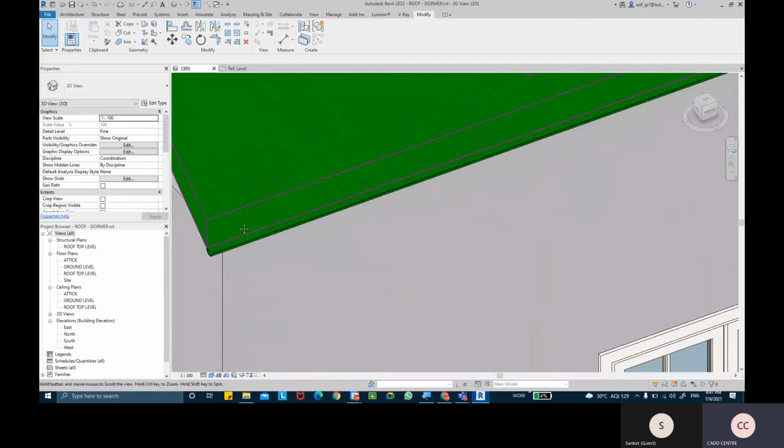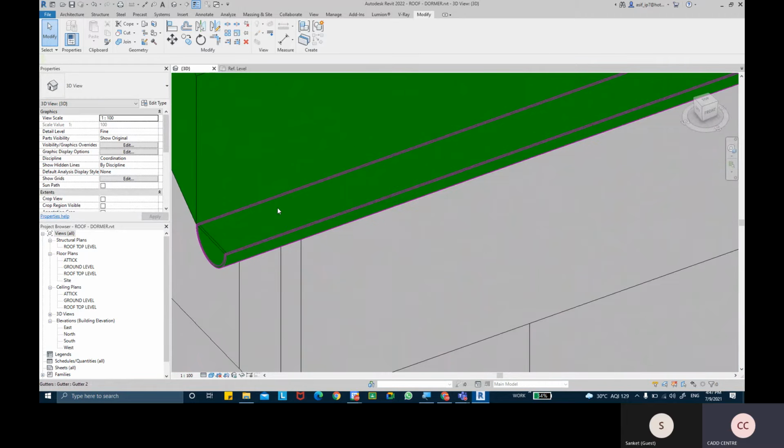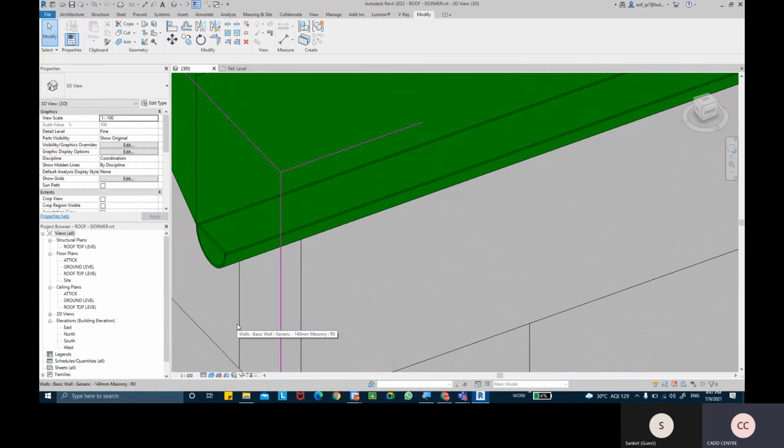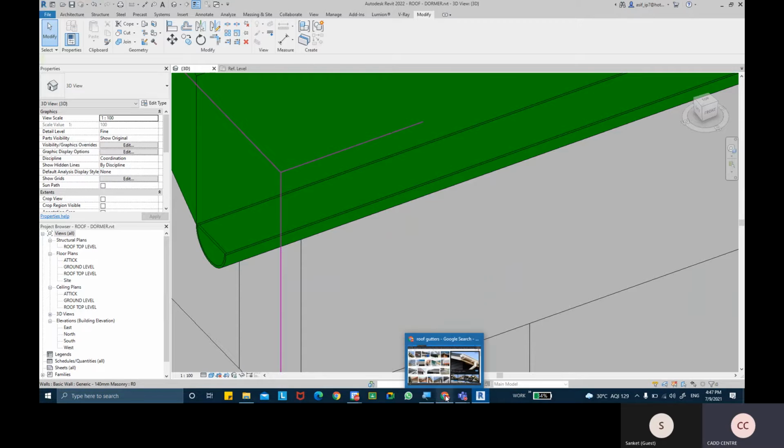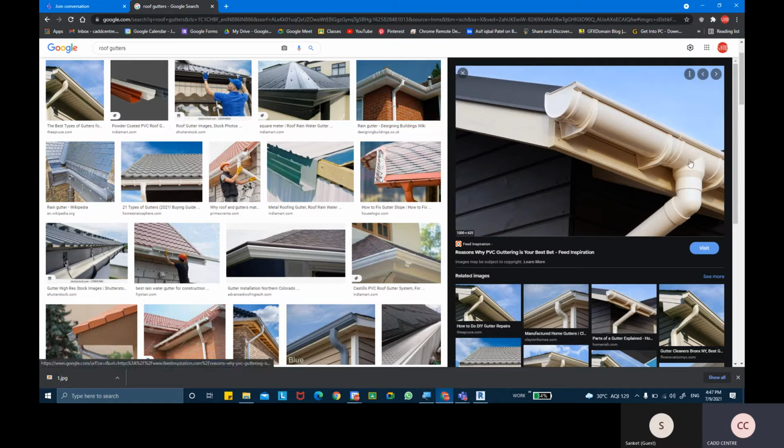There's one drawback about this gutter is that we can't create a hollow hole in that gutter so that the pipe can be passed. Okay, so yeah, if you wanted to add these pipings, it's not possible to add it.